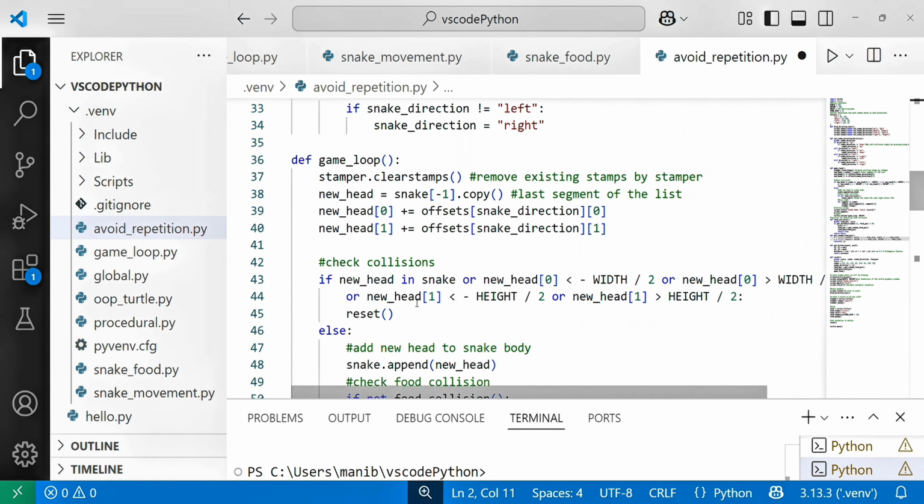And now we are checking for collisions. For the collision, the whole width should be divided by 2, because the center is 0, 0 of the snake.